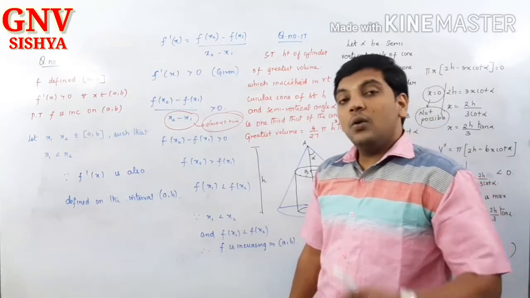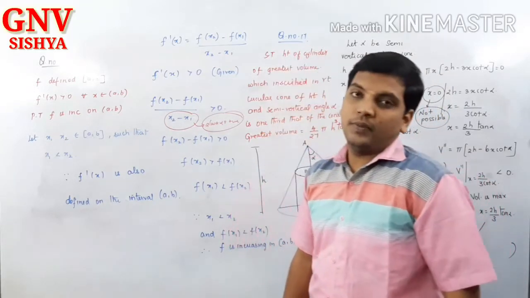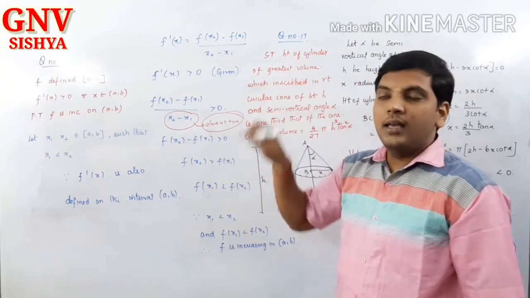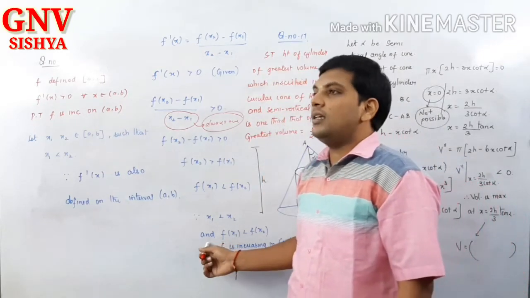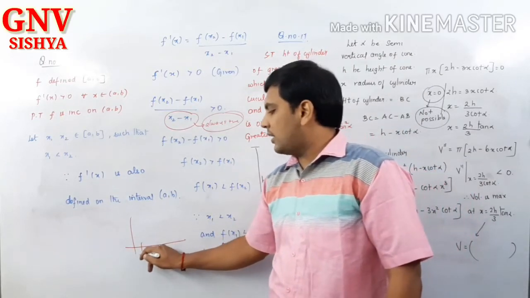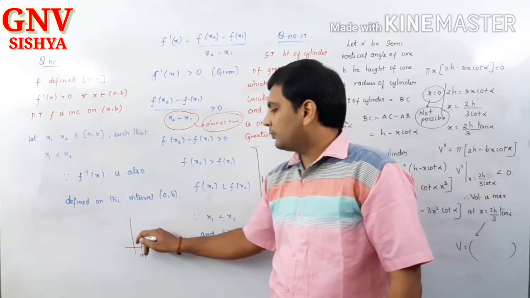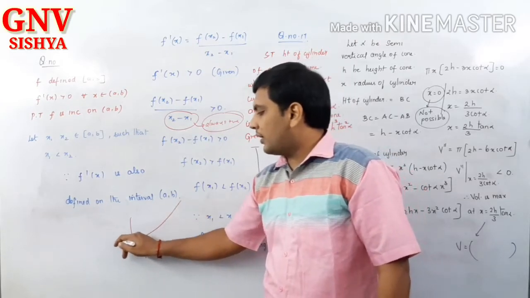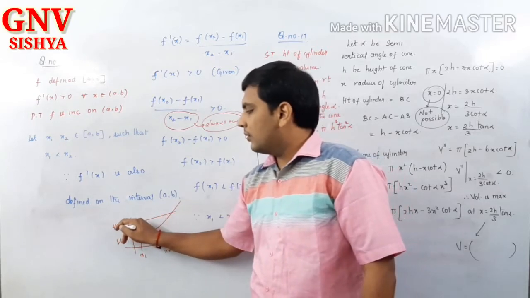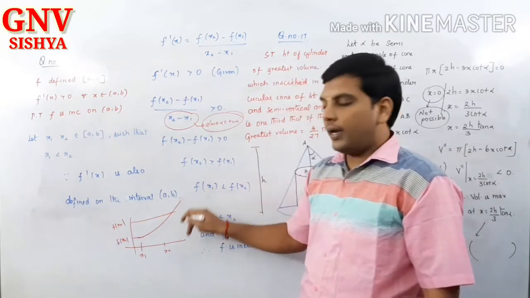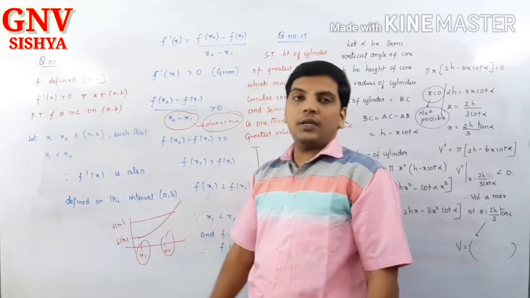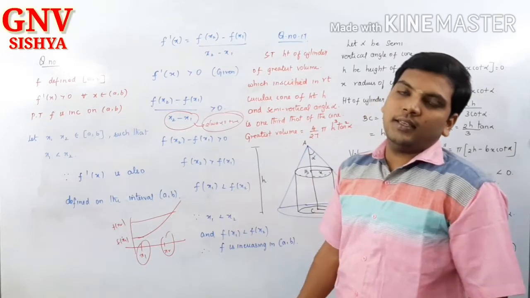Do you remember, when x1 is less than x2, f of x1 is less than f of x2? I have drawn the diagram and all, right? So then we say it is what function? Increasing function. See, if you want, I will draw it again. This is x1, this is x2, this is f of x1, and this is f of x2. This is an increasing graph. So if x1 is less than x2 and f of x1 is less than f of x2, then definitely it will be an increasing function.